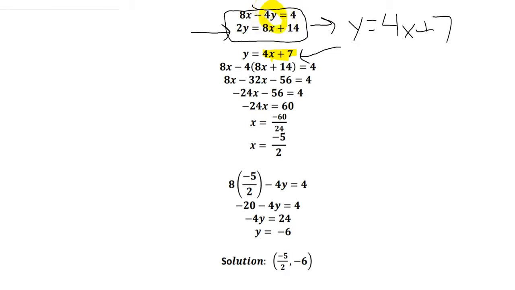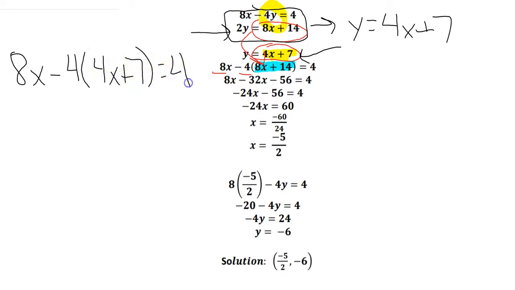So I see I've got my 8x minus 4 times, and I want this to be y. So right here we can see they solved and found that y equals 4x plus 7, but they're plugging in the wrong numbers. So this here is our mistake. Right here, we plugged in the wrong thing. So I'm going to redo this step the way it should look. It should say 8x minus 4 times 4x plus 7 equals 4. Now, once I find my error, I can get rid of the rest of this work,